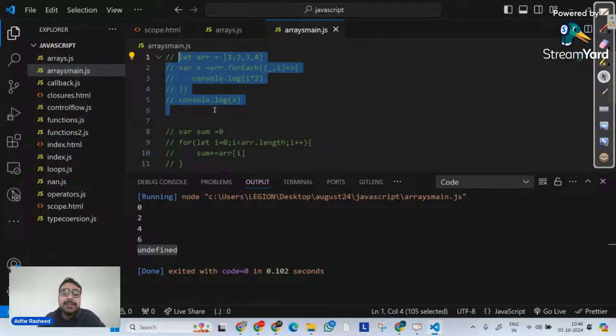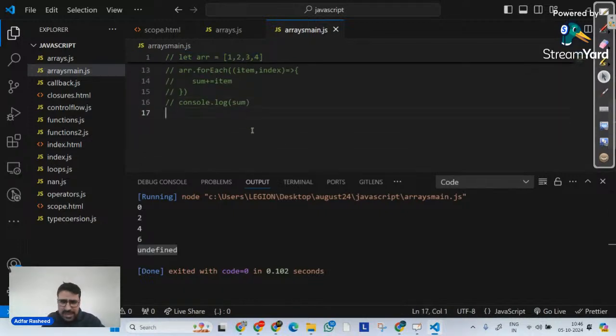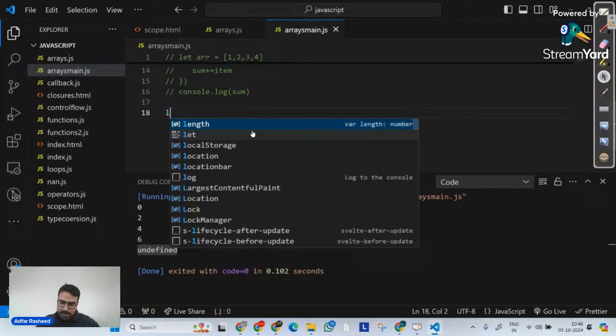That brings me to one of the very important methods used everywhere. You don't use forEach that much, trust me. But if I talk about arrays later on, once we implement all of these in web development, you will see this method used at least 95% of the time. And the method is called the map method. Let's try to understand what map is.